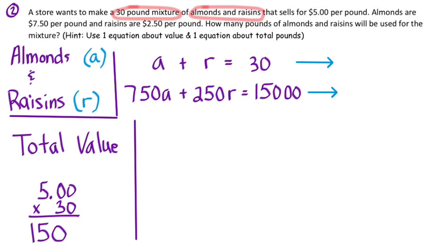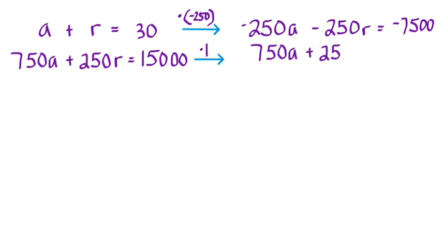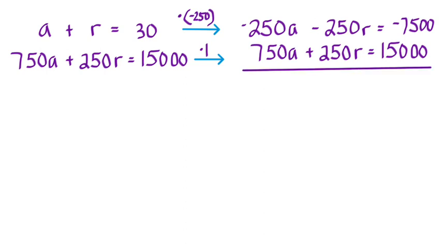So now what do we want to eliminate, the almonds or the raisins? Well, I like to eliminate the smaller value, so I'm going to eliminate the raisins by multiplying the top equation by negative 250. And I leave the bottom equation the same. I didn't do anything to it. This does eliminate the raisins. And now I can solve for how many pounds of almonds,